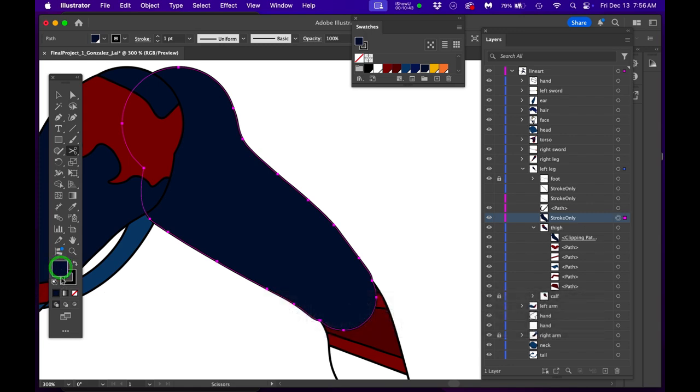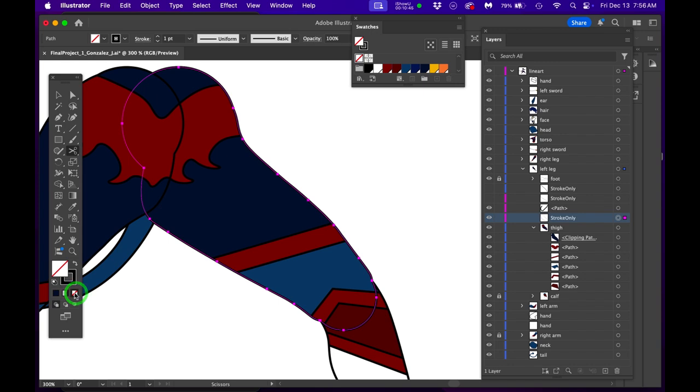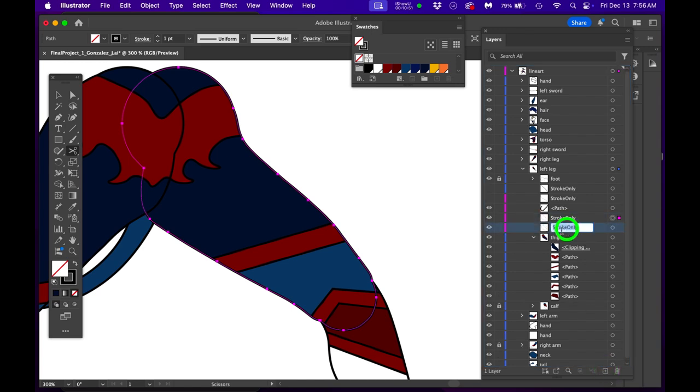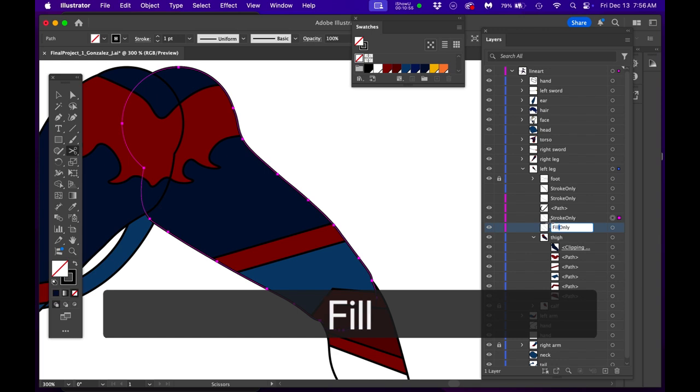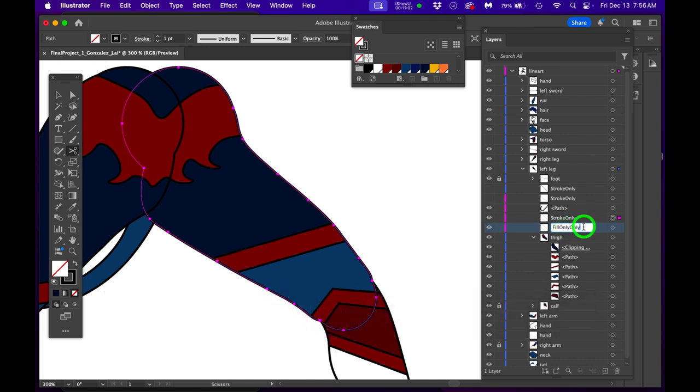So here's the fill not there. And I'm going to lock it. Well, I won't lock it till I duplicate it. Now I'm going to call the bottom one the fill only. Now that one moves to the bottom. Whoops, I have the word only in there twice. Okay,